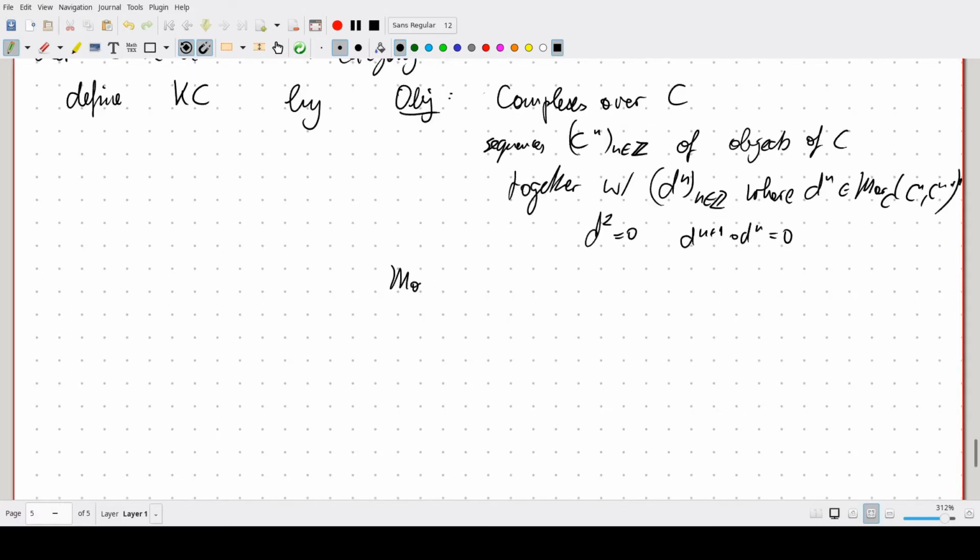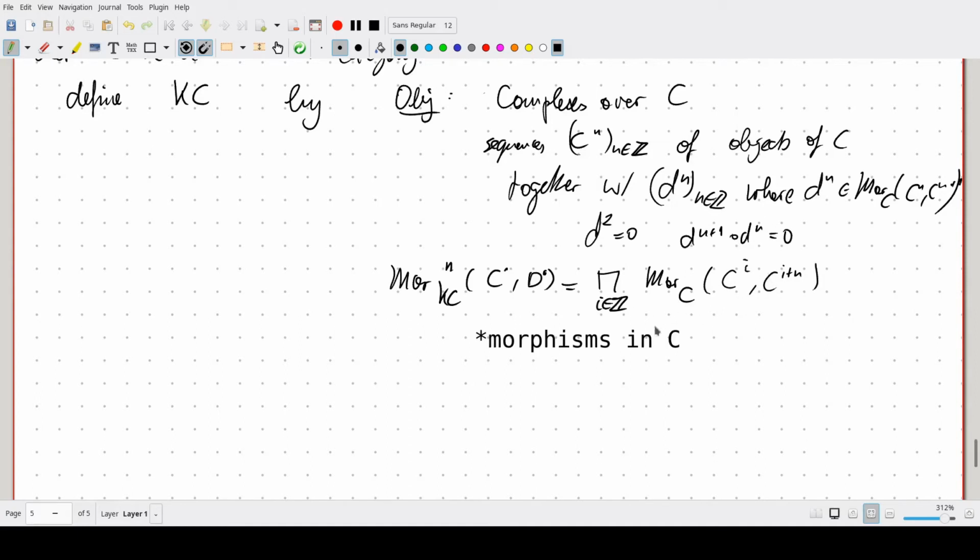And the morphisms in the category KC between a complex C and a complex D of degree n is just the Cartesian product over all i in the integers of the morphisms in C between Ci and Di plus n, meaning that we're sort of looking for linear maps that increase the degree by n. Then we have a differential d from Mor n to Mor n plus 1,